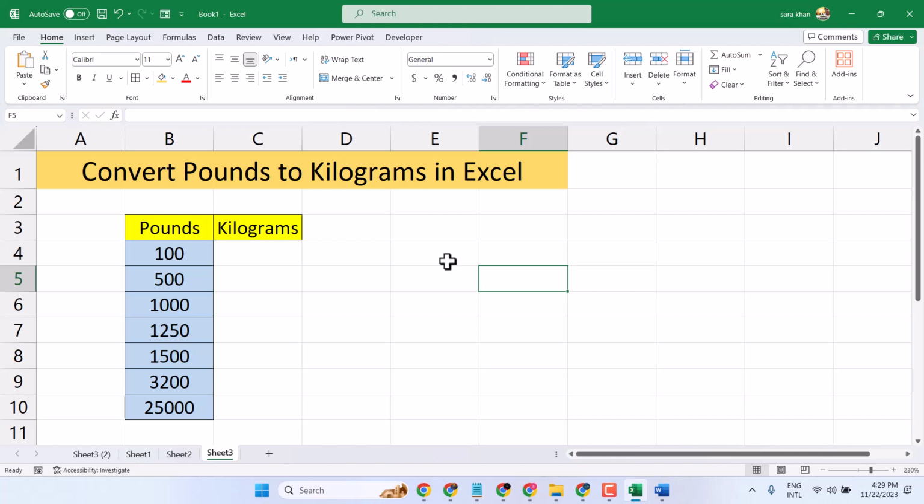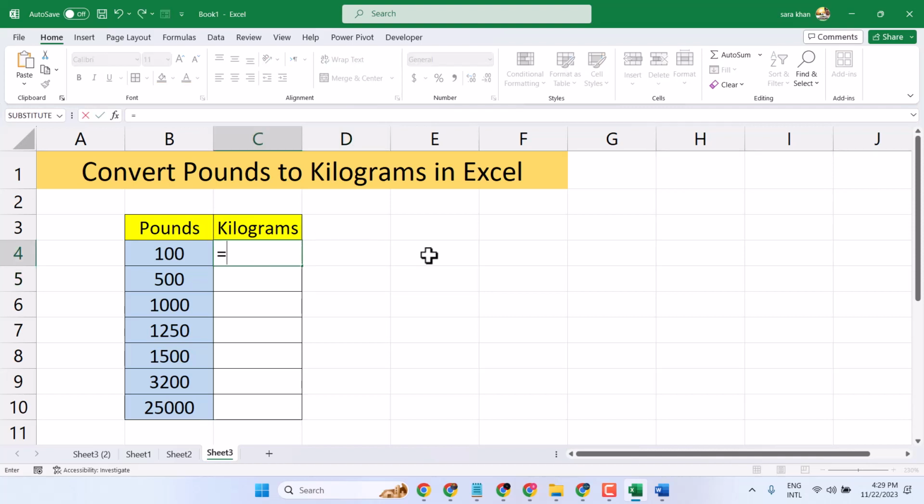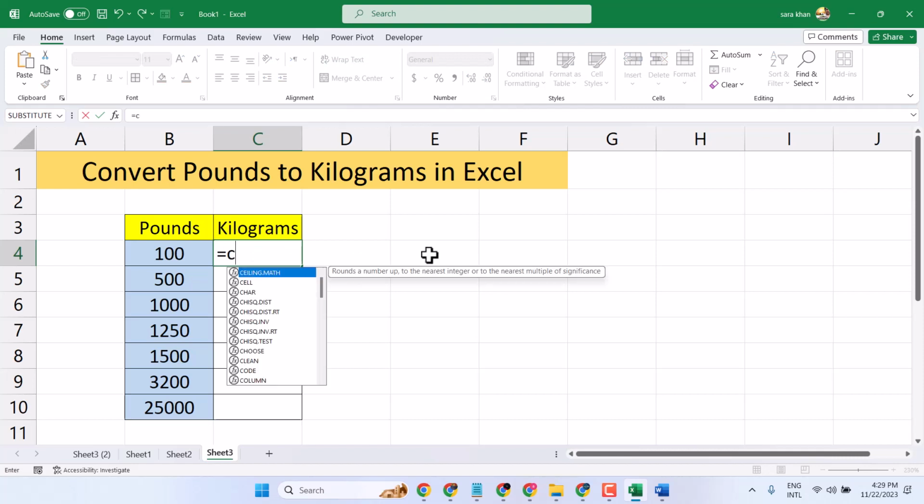In this video, I will show you how to convert pounds to kilograms in Microsoft Excel using any formula. So I have this simple data. To convert your pounds into kilograms, type this formula: equal, then CONVERT,